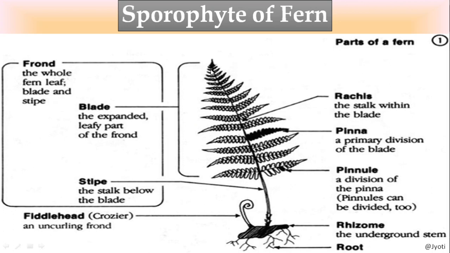Now this is a compound leaf. In the morphology of plants you will study about the compound leaf. So here in a compound leaf, the leaf lamina is dissected into leaflets. So here the leaf lamina is divided into leaflets, and now you can see these leaflets develop the sporangia on their lower surface.